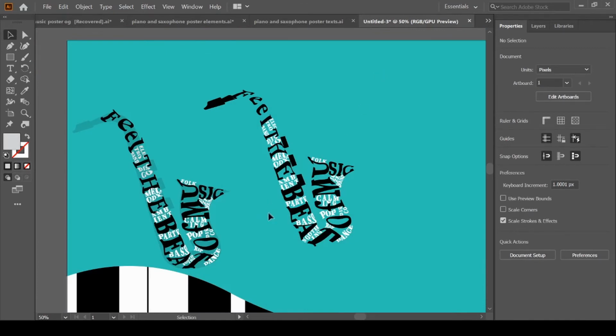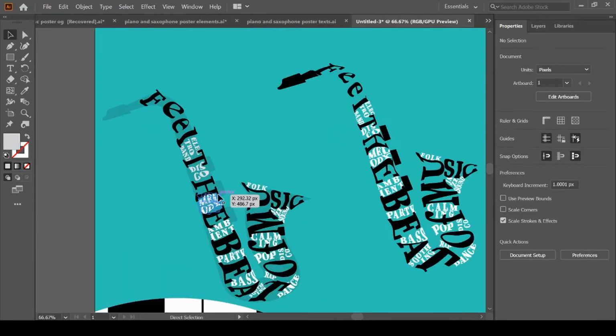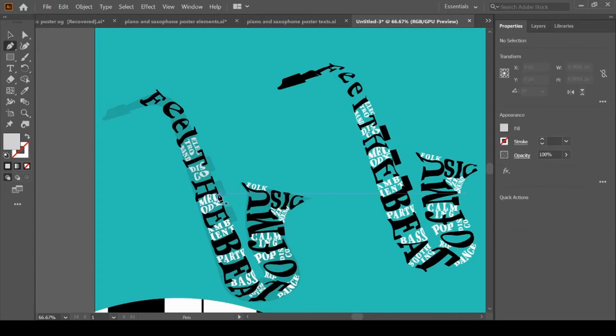Now once you are done with the wrapping of the text, just grab the pen tool, P for pen tool, and make these shapes.